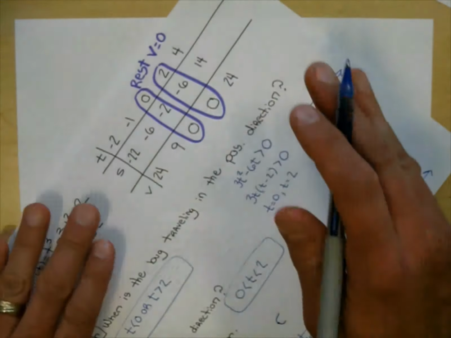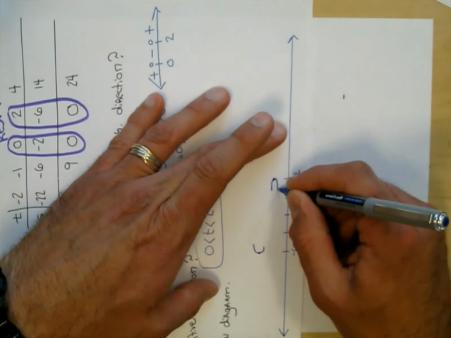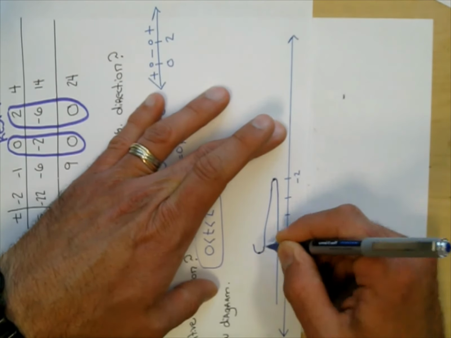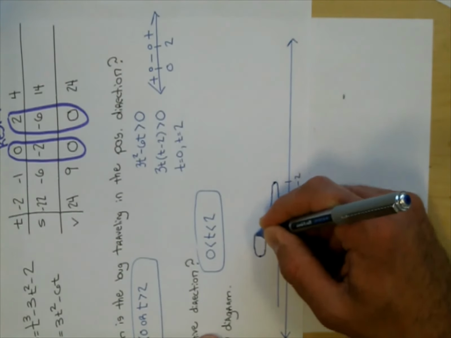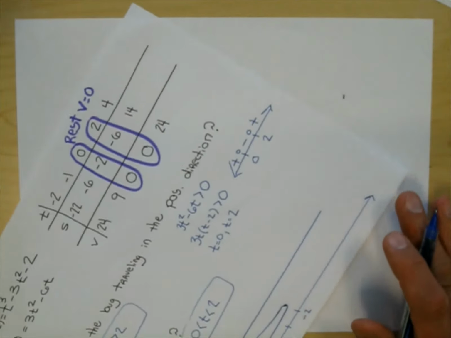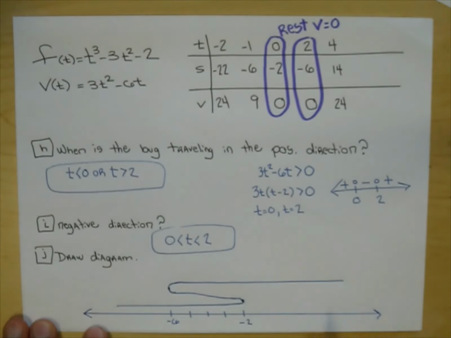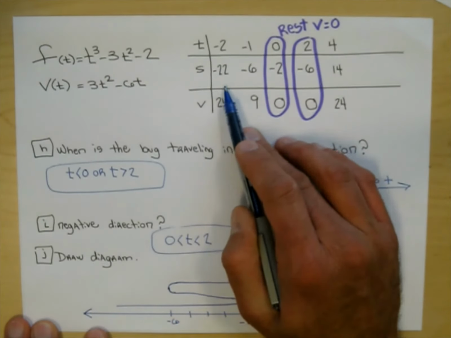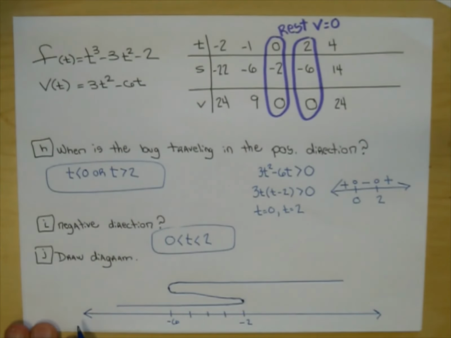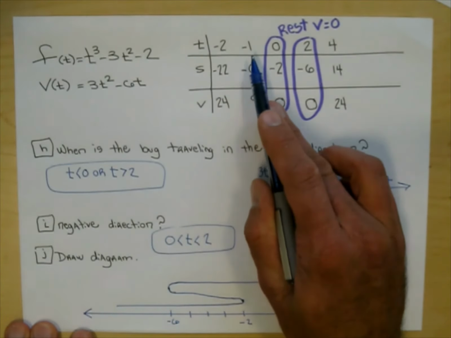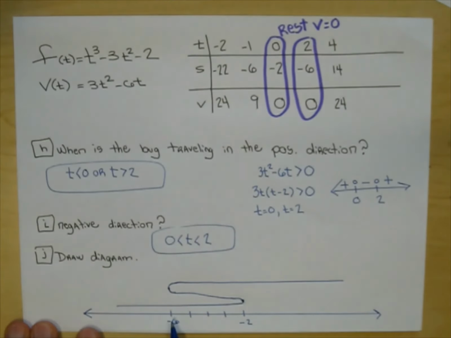So I'm going to go ahead and turn the paper to the side so I can draw this a little nicer. So this describes the bug's motion. And look, at time -2, he's at -22, which is really off the graph, and he's going at a velocity of 24. And at -1 second, 1 second ago, he's at -6, and his velocity is 9. So he's still going positive, and then this right here